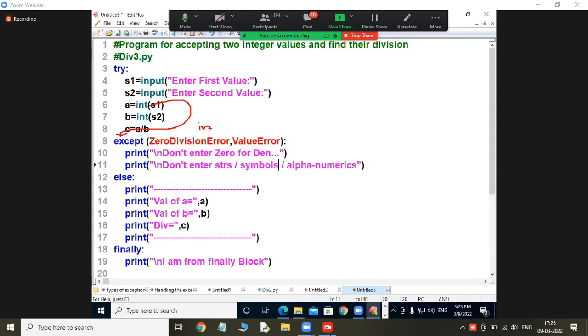PVM got ZeroDivisionError. Is ZeroDivisionError present in this tuple of values? Yes. And it displays all the messages you have written inside it. That means the exception message plus some more messages in advance.